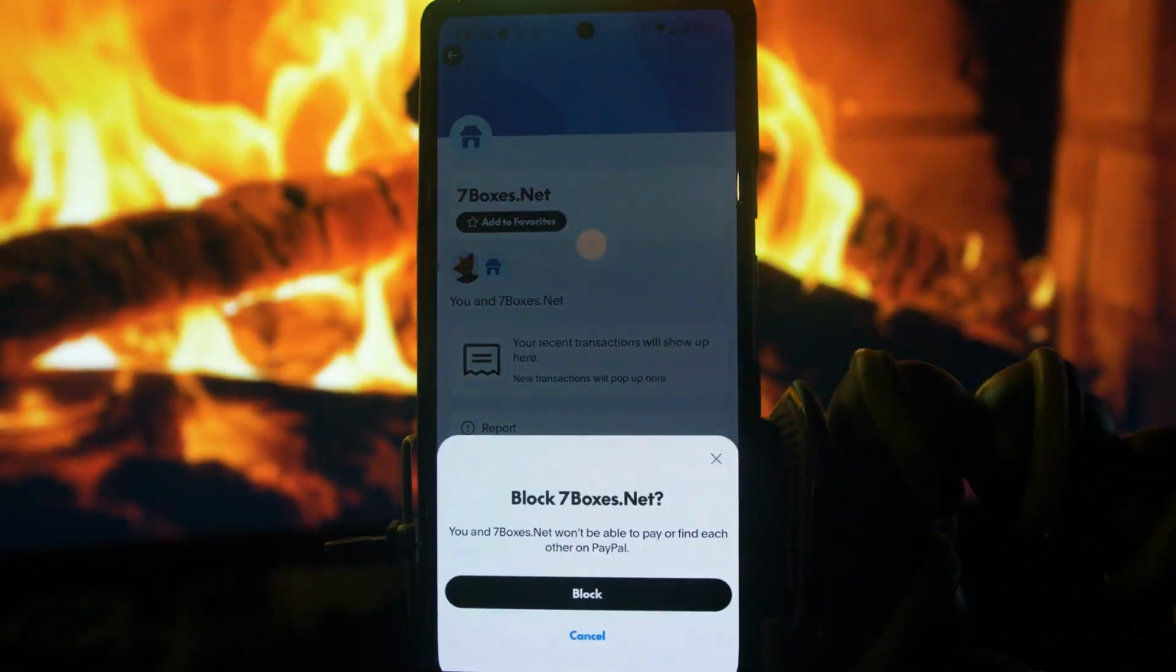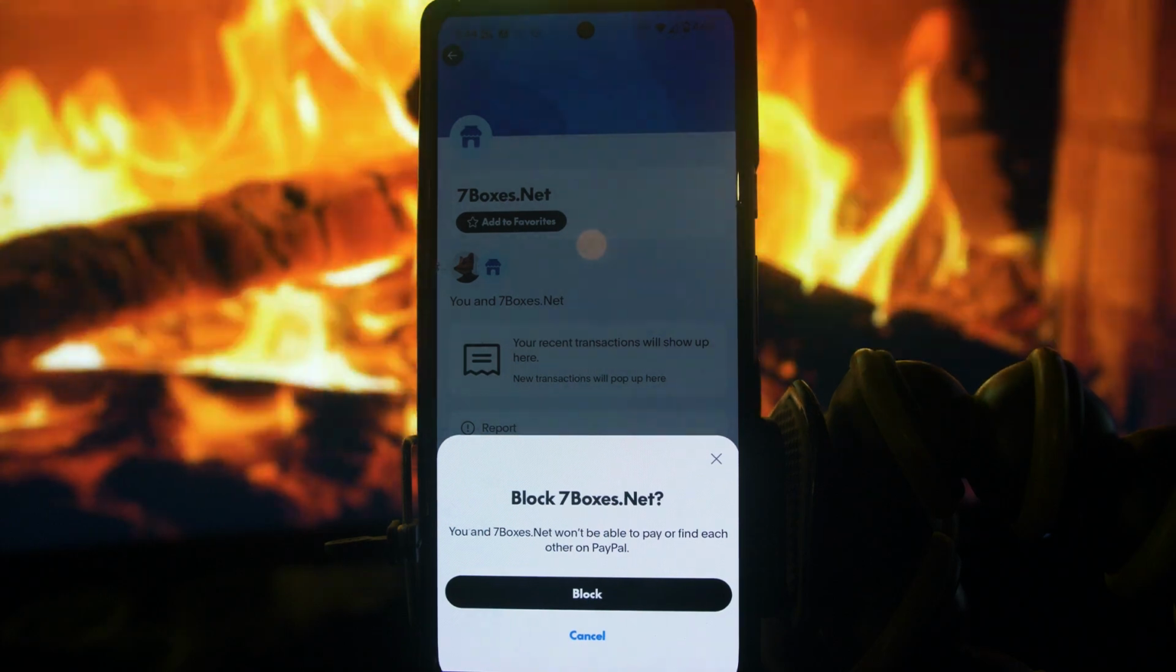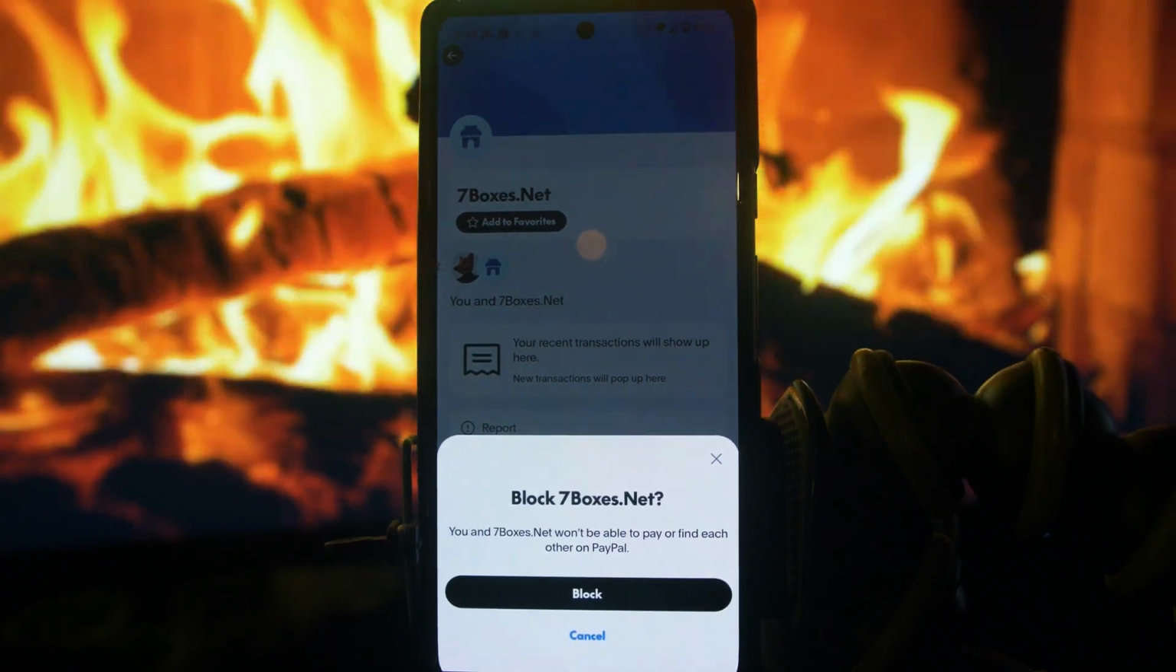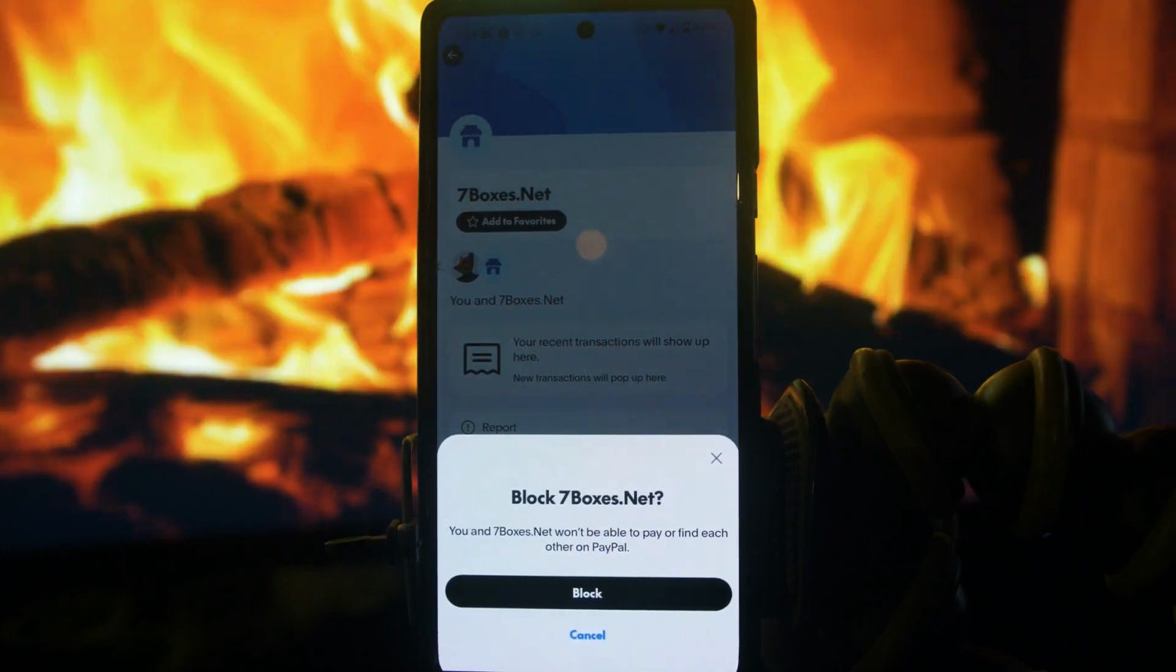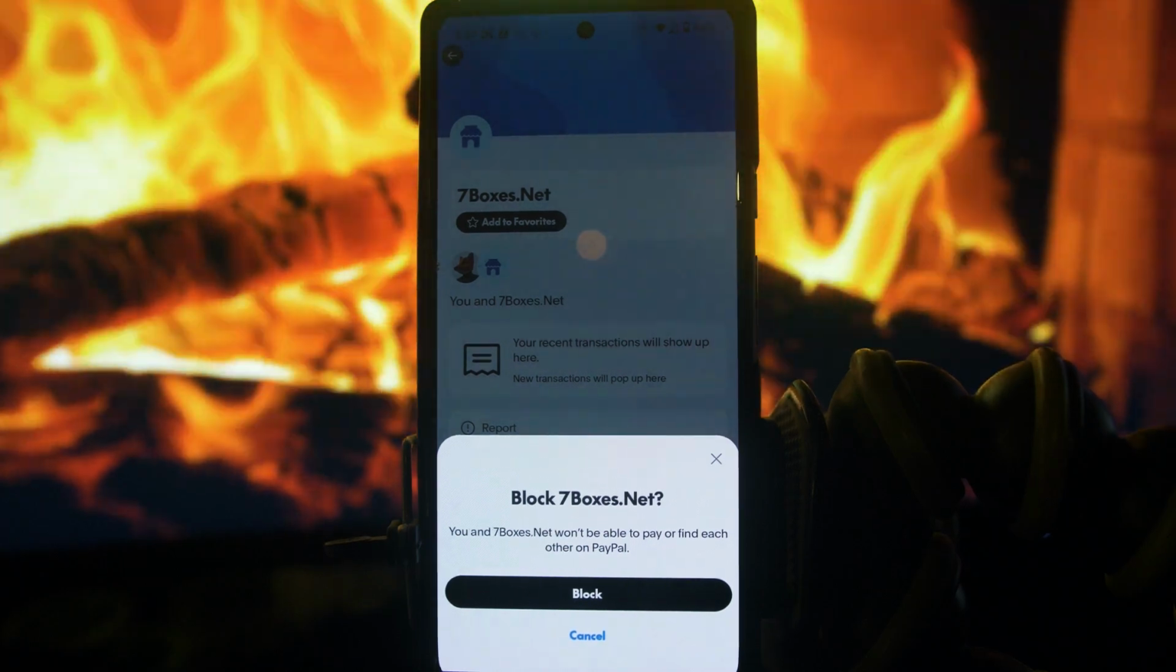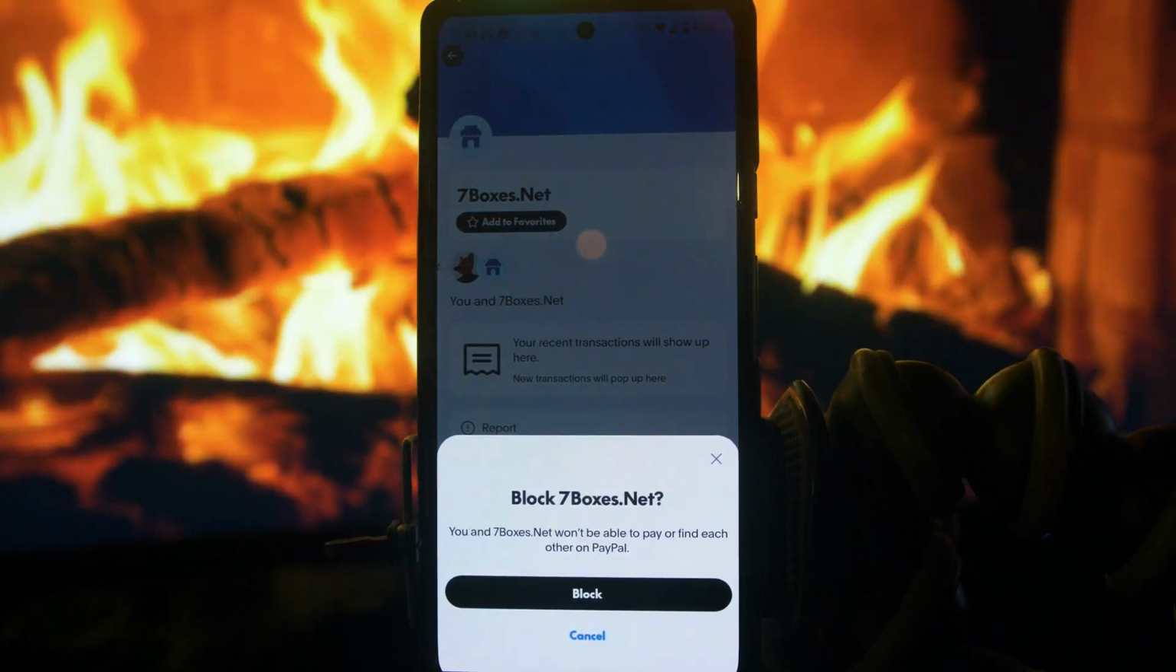Once you click on Block, it will again ask you, do you really want to block that person, for the confirmation. If you really want to block that person, all you have to do is click on Block again and you have successfully blocked someone else